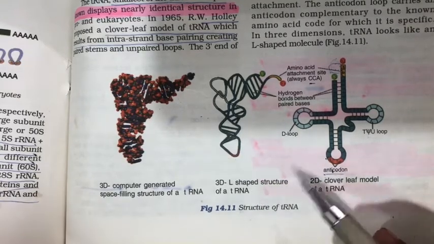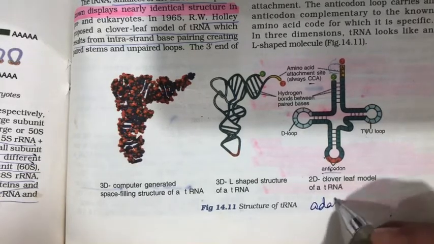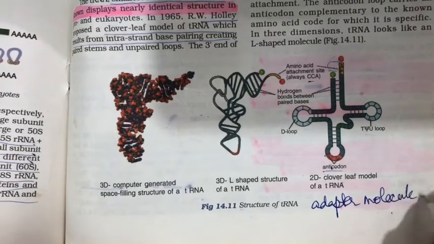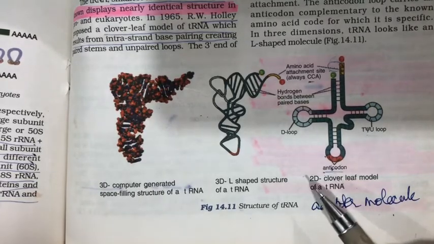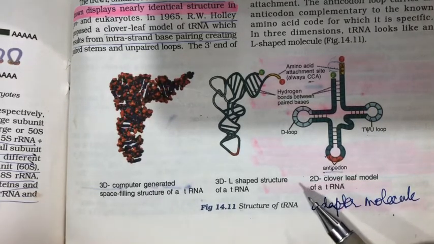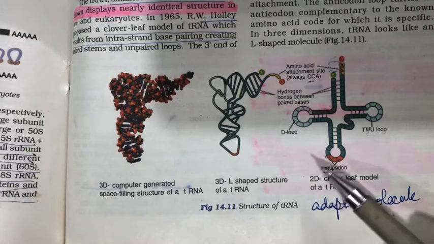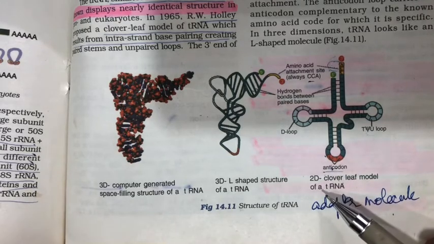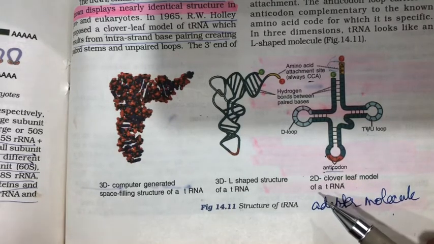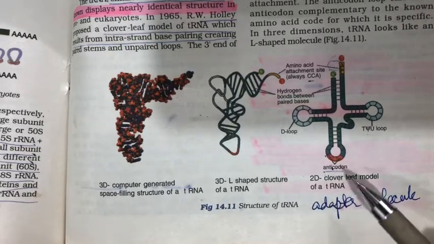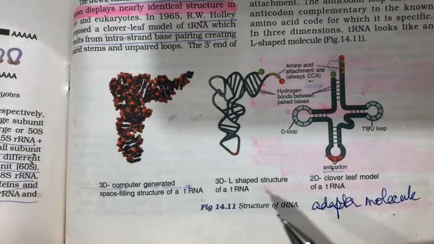Now, one more important thing needed during translation, the next step of gene expression, is an adapter molecule. What is an adapter molecule? This molecule is the tRNA, the transfer RNA, that will be carrying an amino acid from the cytosol and leaving it at the site of protein synthesis. It was Crick who mentioned that some kind of adapter molecule would be required during translation. It was Holley who gave the structure of tRNA.